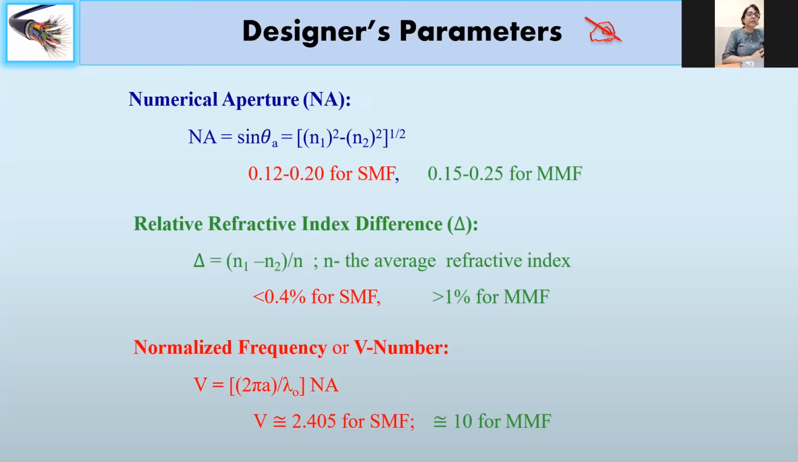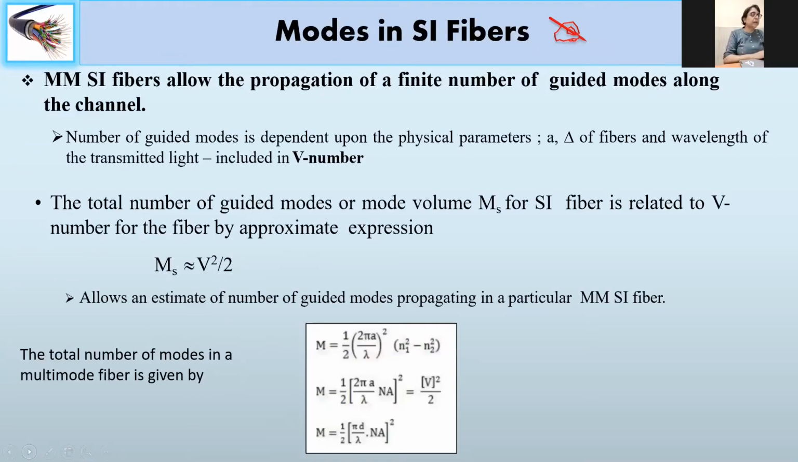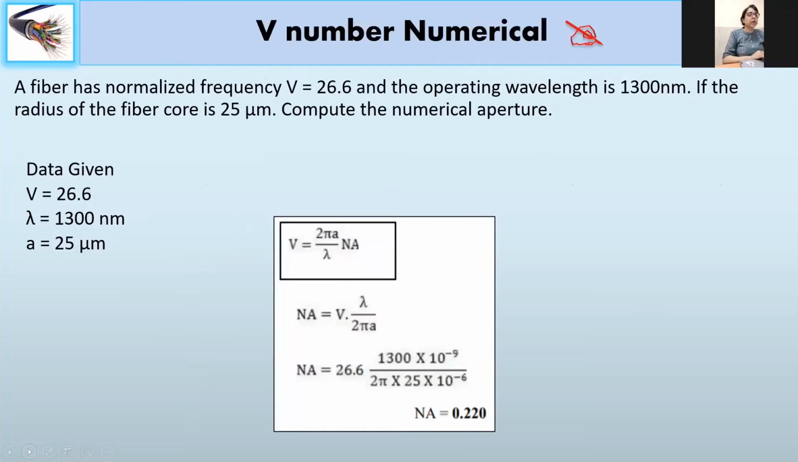The relative refractive index difference is dependent upon the core refractive index and the cladding refractive index, the dimensions of the fiber, and of course the wavelength that is traveling through the fiber. That was a relation that we derived, and through this we also derived the number of modes that will be traveling. We did some numericals. Number of modes in a step index fiber is M equal to V square by 2, and for the graded index fiber it was V square into alpha upon alpha plus 2,